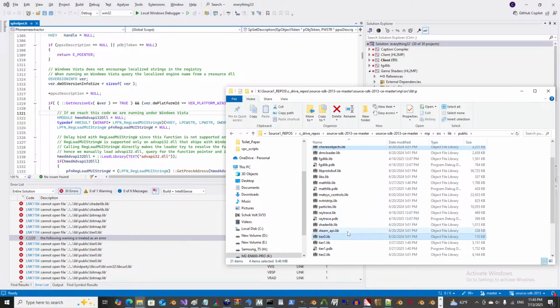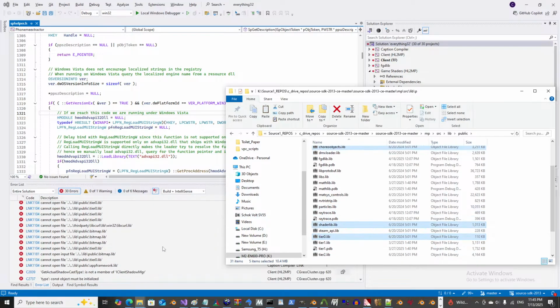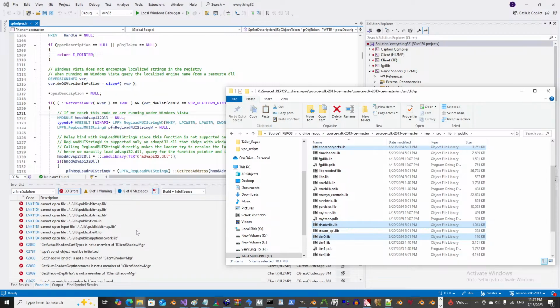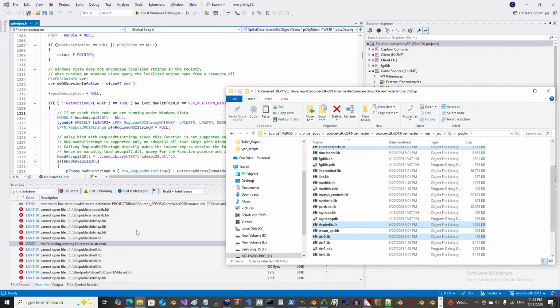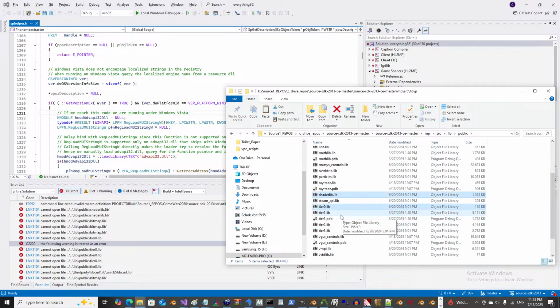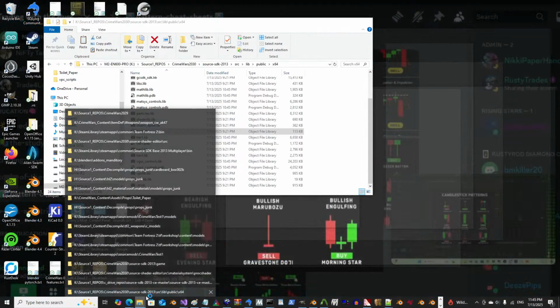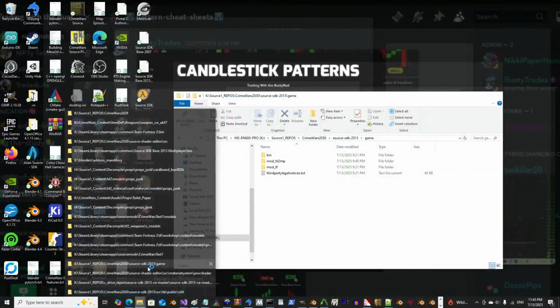Okay, so what if we copy this? And then there's also curl lib. Lib curl. And we can put that in there too. Let's just get the majority of them in there, and then we'll do lib curl. Alright, so